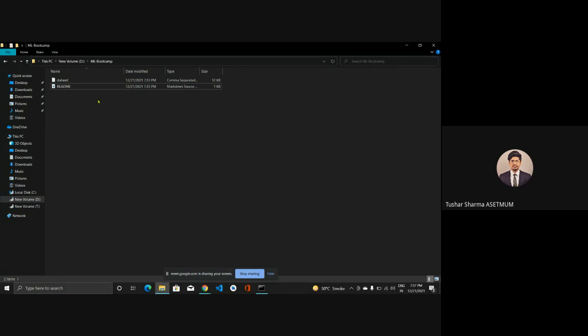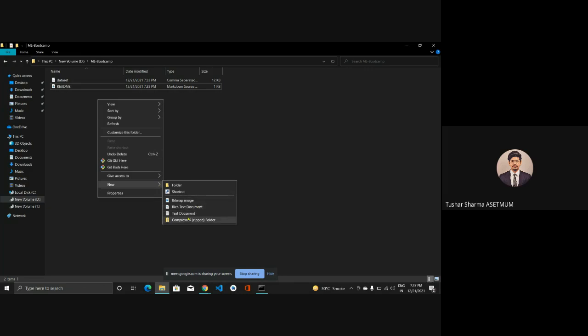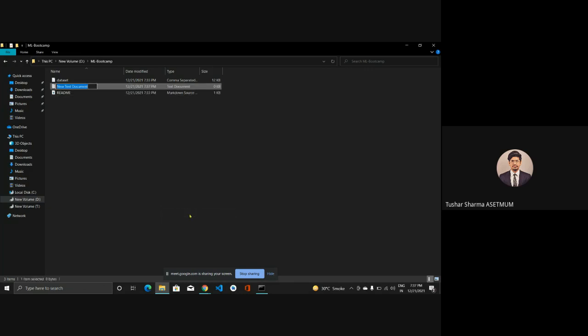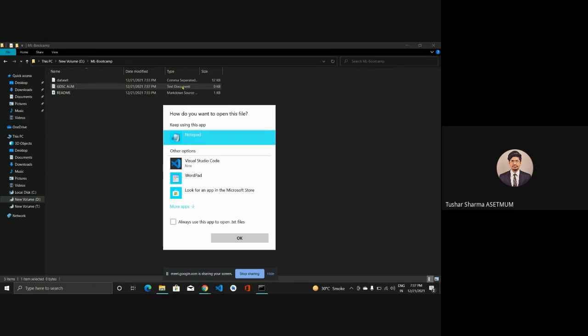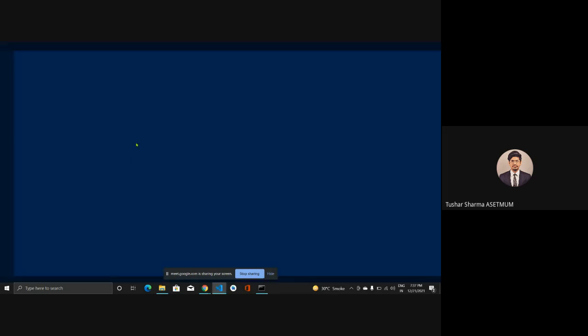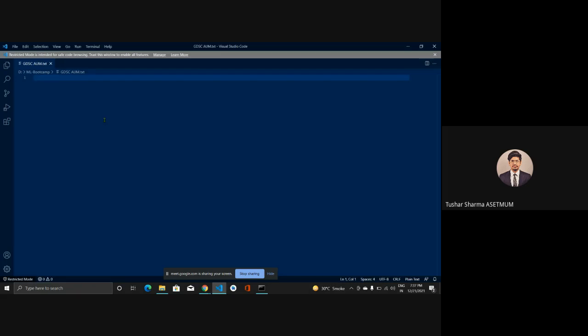What I'll do is add a new file over here, a new text document. I'll name it GDSC AUM. Then I'll write some content in this file.